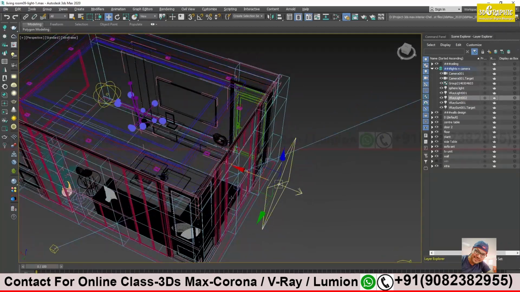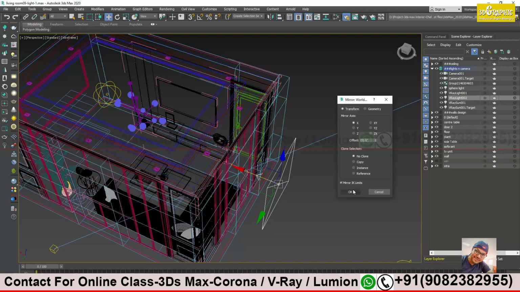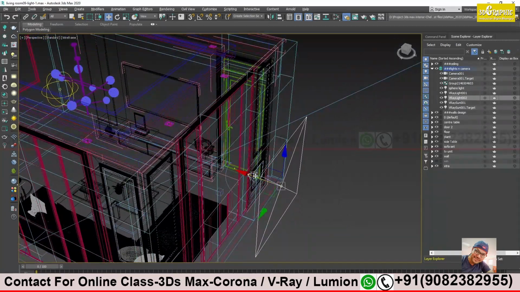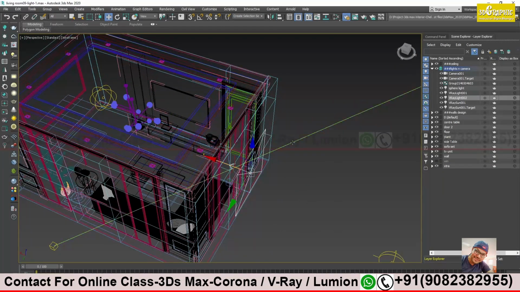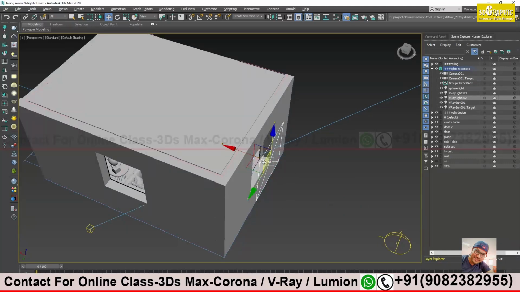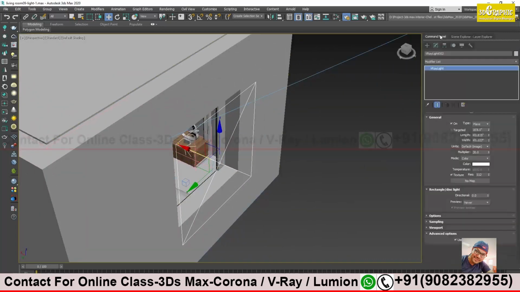It should be reversed, so I will just mirror this and it is done. You can make it a little bit closer because I have a curve over here, remember? Yes, sir. So I will not make it a little far away from the wall, otherwise it will interact with my curve. I will bring it near to my window, this much. And that's all.